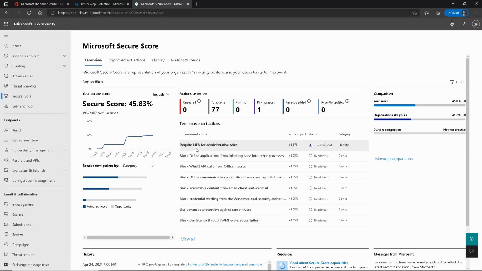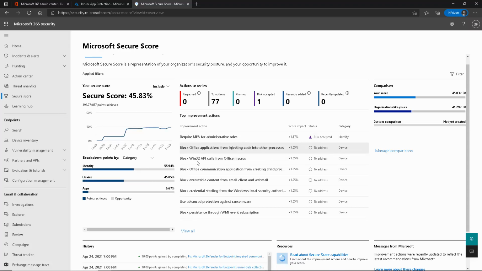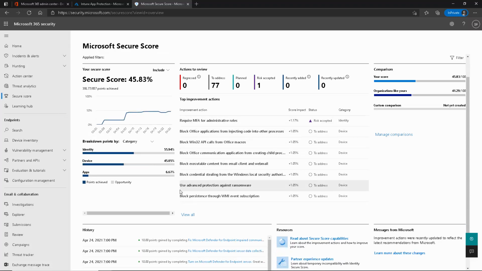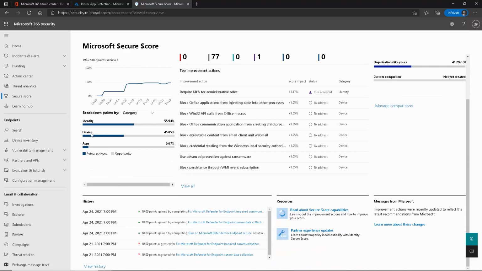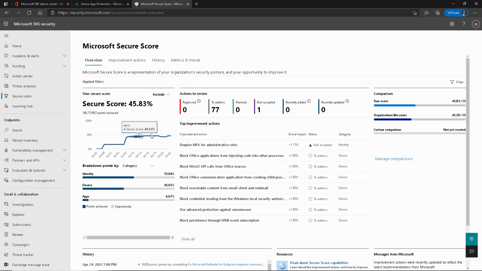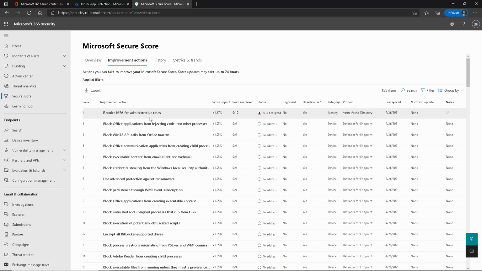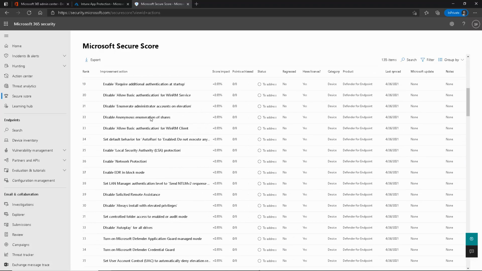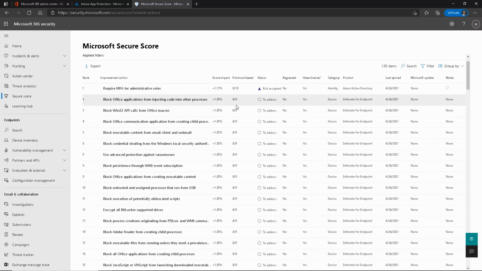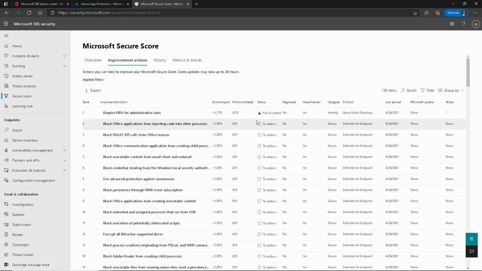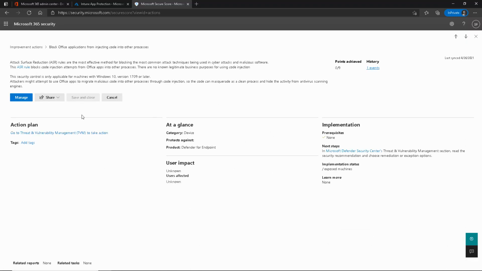So again, making requirements over MFA, application recommendations, mostly down here, gaining points, and then hopefully seeing your score go up over time as we implement these policies. So it's going to recommend all kinds of improvement actions. The list is ever growing, but as we implement these actions, or maybe ignore them because they don't apply, you might say risk accepted up here, or go into that specific recommendation. They'll give you guidance of how to implement that